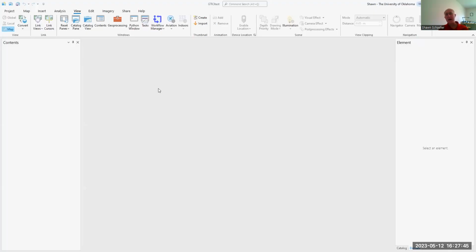And now I'm going to screen share. If I can find it, ArcGIS Pro. Okay, so here we are in ArcGIS Pro. There's nothing loaded right now, so you're just seeing the blank user interface here. And one of the first things that you're going to notice that is different is that